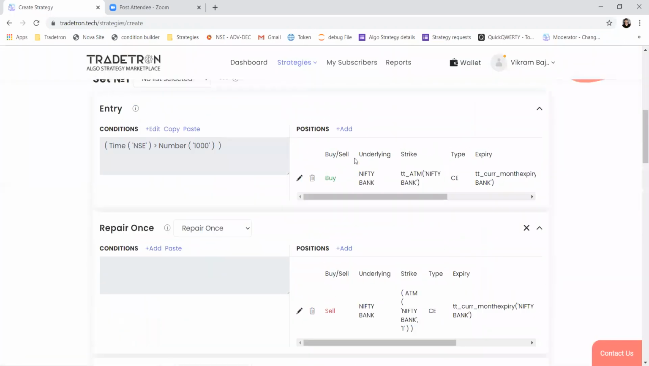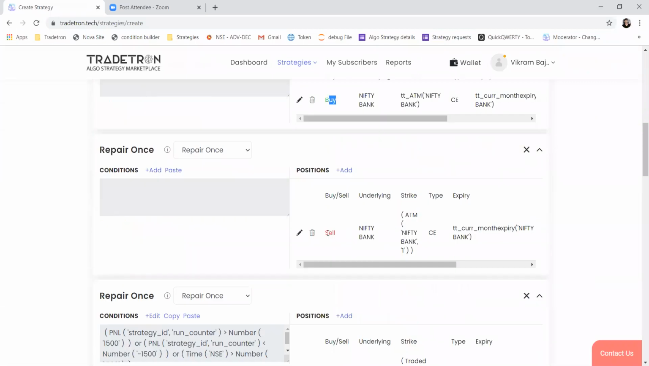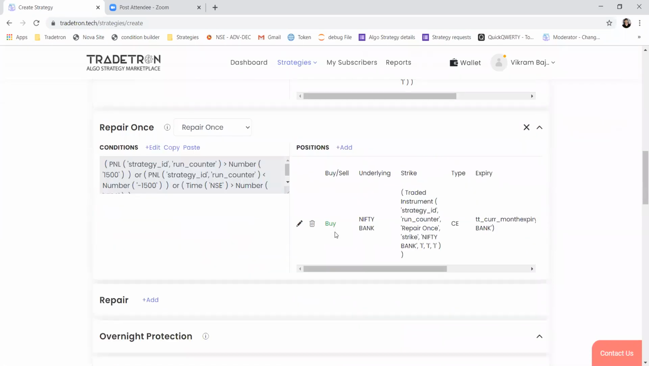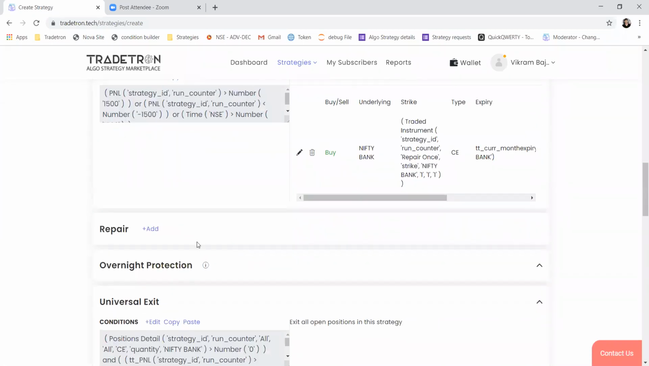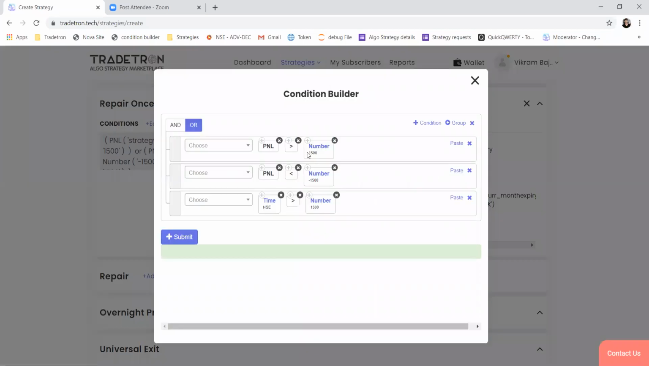So I'll quickly go through the flow of execution. First in entry, we will buy ATM call. Then it will sell OTM call, so you'll get the benefit of margin set off. And if my exit condition satisfies, be it target profit, stop loss, or time-based condition,